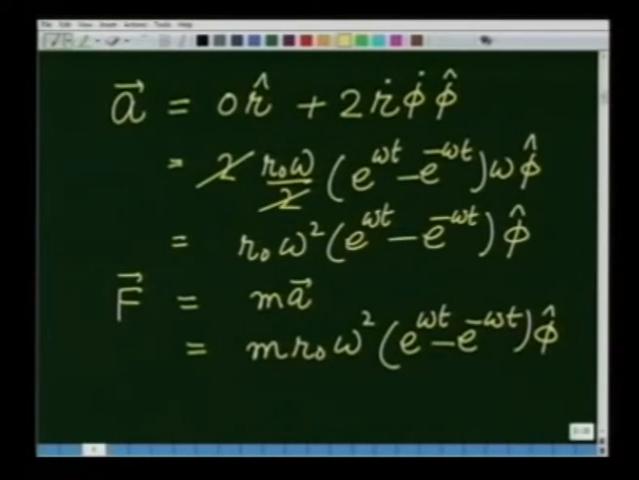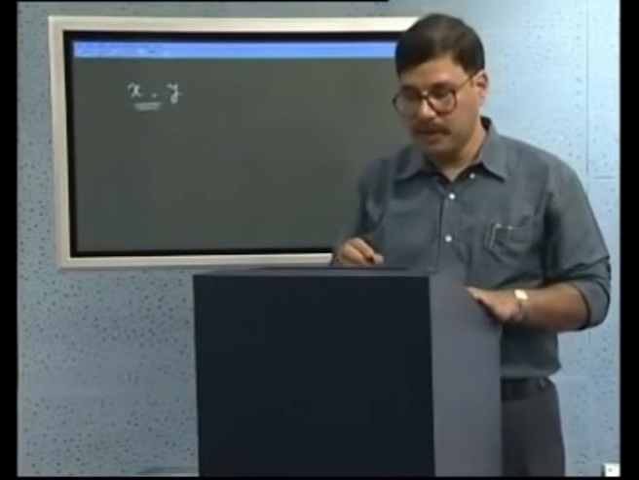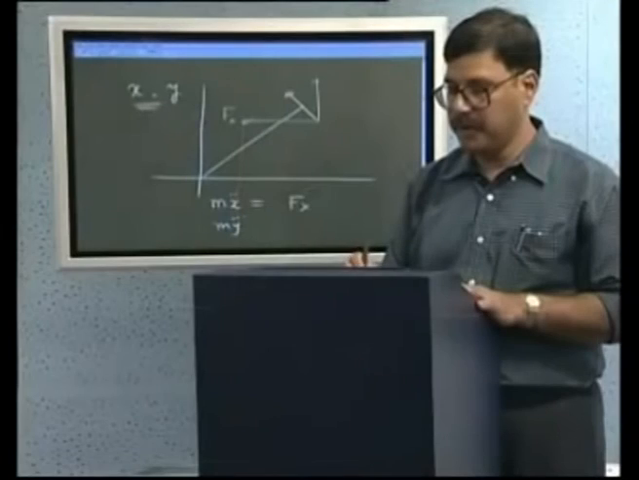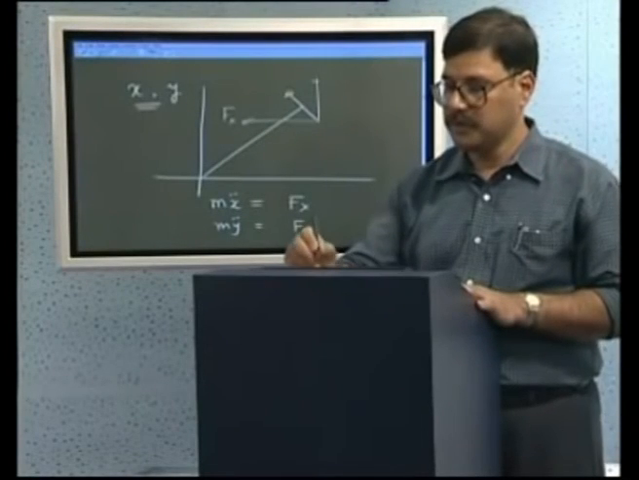I would urge you to try solving the same problem using x and y coordinates. Just to give you an idea, when the wire is moving, the wire is applying a force like this, which is going to have a component in x direction and a component in y direction. Therefore, the equations you will end up writing would be m x double dot is equal to f x, which is the component of the force in this direction, and m y double dot is equal to f y, which is this component,